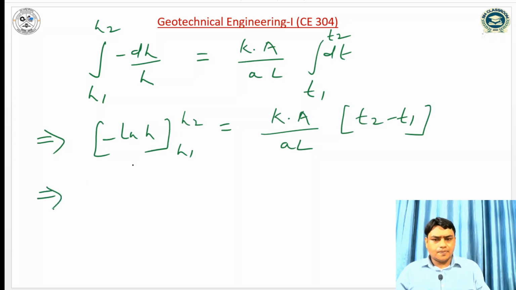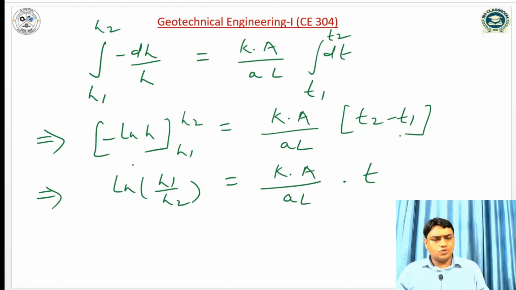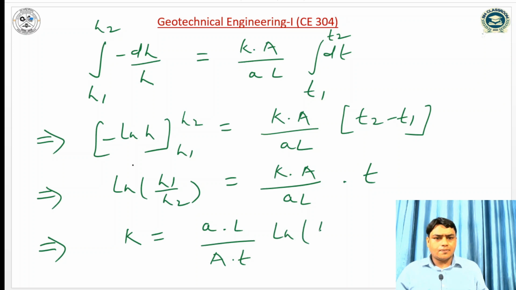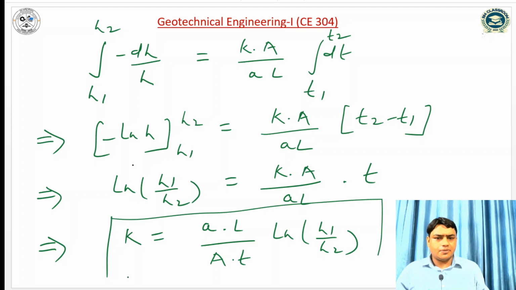So we can write ln H1 by H2 is equal to K into A divided by aL into T, where T2 minus T1 is the time T. So K is equal to a into L divided by A into T ln H1 by H2. This is the expression of coefficient of permeability by falling head, where